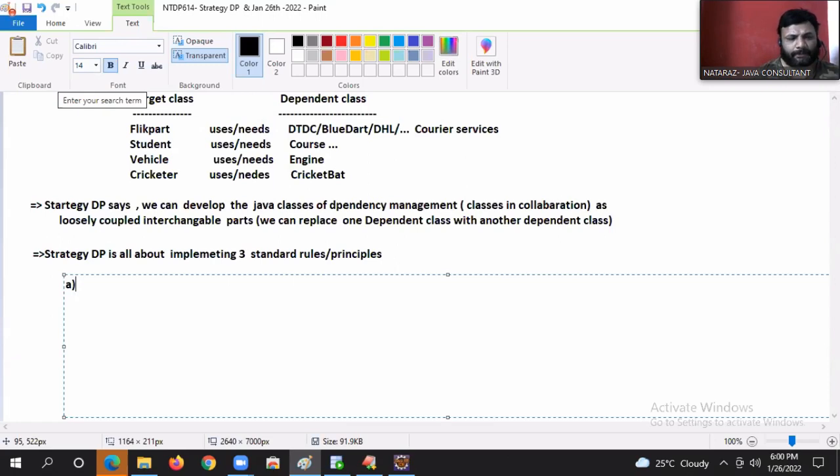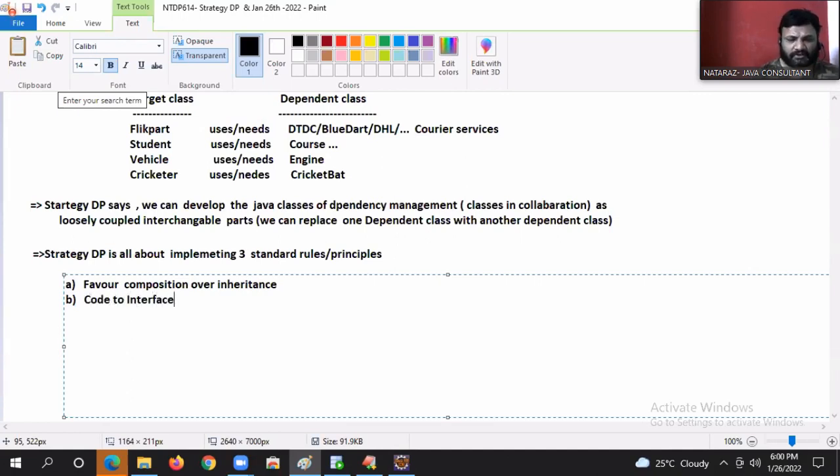Number one rule is favor composition over inheritance. Next,